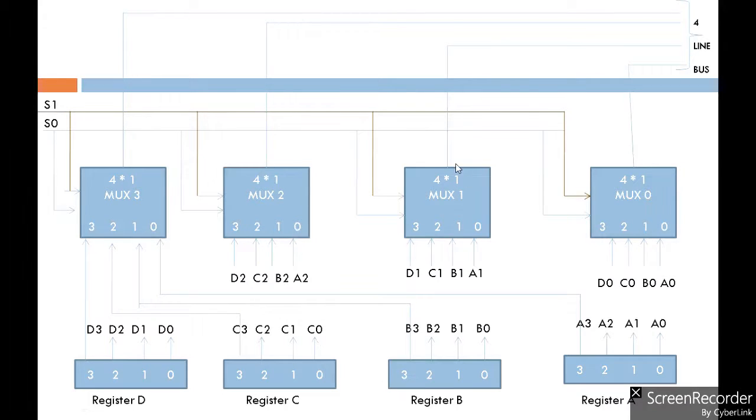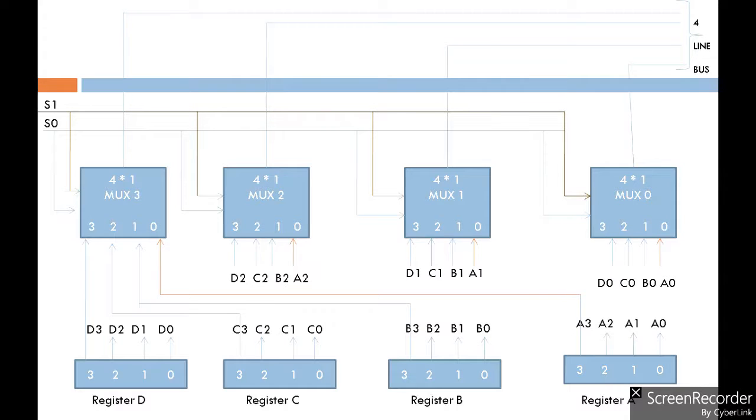Okay, so this is the way how particular registers, all the 4 bits are being transferred through the 4 different multiplexers, and this is the way how one register transfers its data through the 4-line common bus system using multiplexer, right?